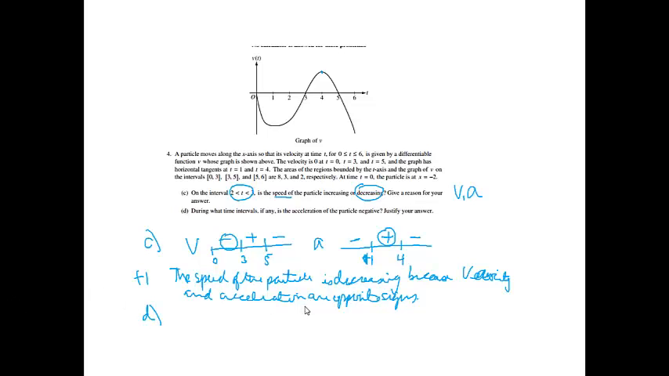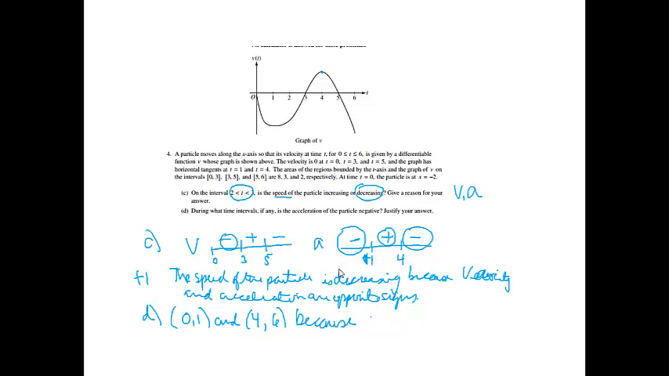Okay, during what intervals for part D is the acceleration of the particle negative? Well, we've already done an acceleration chart, so I can see the acceleration is negative right here and right here. So the intervals would just be 0 to 1 and 4 to, looks like we're going to 6. And of course we need a justification, and that will be because